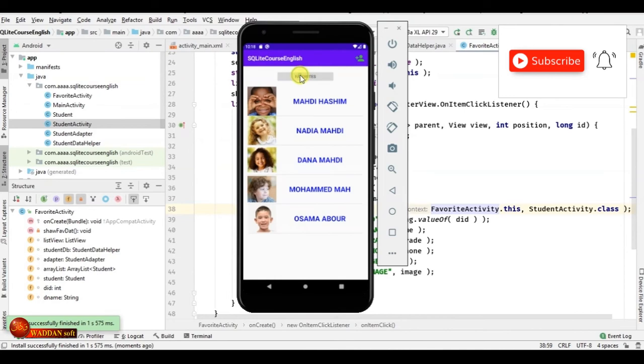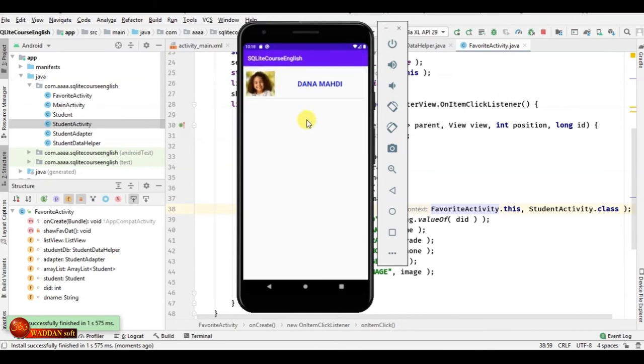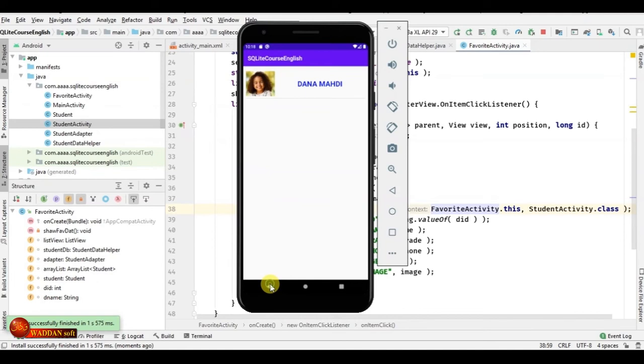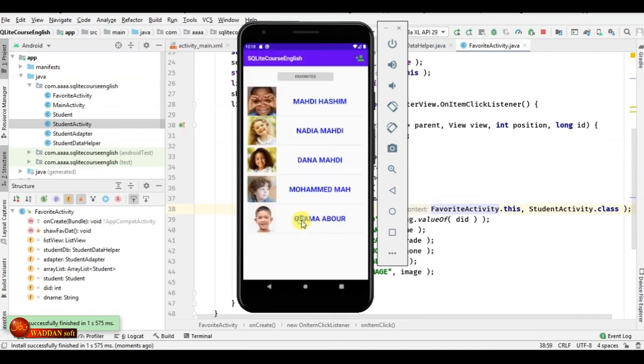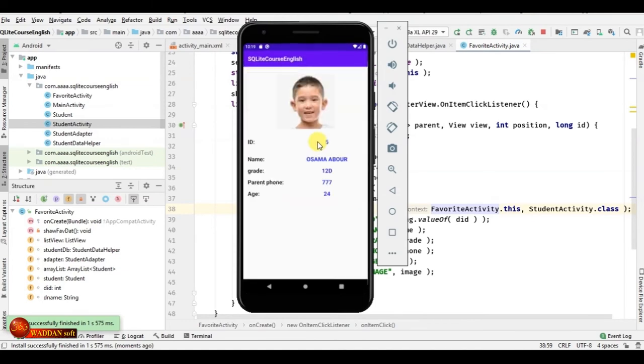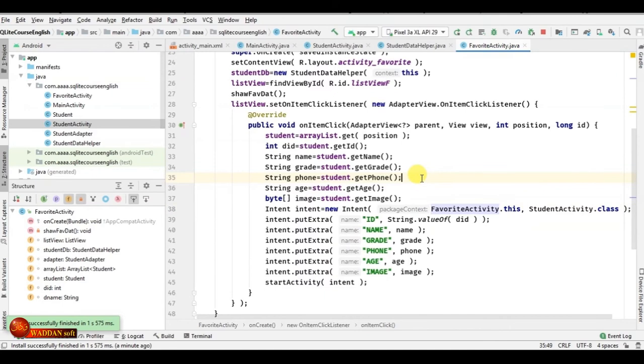Favorites, and this is the first position. When we click it, it works very good. If we add another student, for example in this position, favorites, okay, very good. Now we finished the second process for showing data, and we'll move to the third one, which is